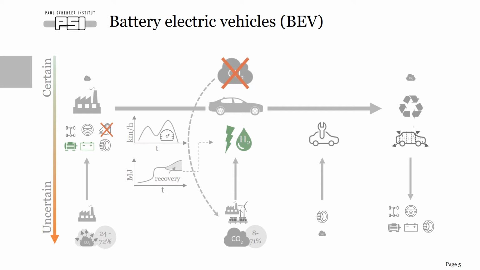Besides the energy chain, so the emissions related to generating electricity, we would also notice an increase of emissions related to some of the components of the car, and one of those would be the manufacture of the battery. Here again, batteries can be produced in remote locations, for example Asia, and it's not always easy to obtain data. So this slide is really here to show that most of our emissions have now migrated from this certain data area part of the slide to a more uncertain area.